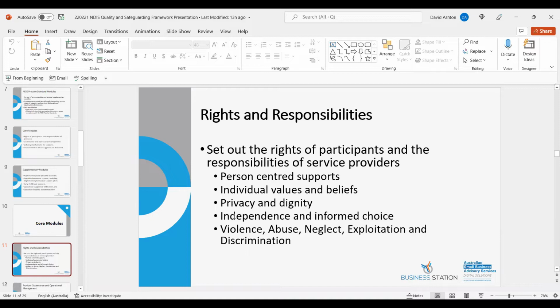They also have a right to the dignity of risk in decision-making. So everyone has a right to make certain decisions as to what sort of things they want to participate in, what sort of things they want to do. There might be an element of risk in that, and you have to respect their right to do things that are a bit risky as well, like all of us. So you need to respect that as well.